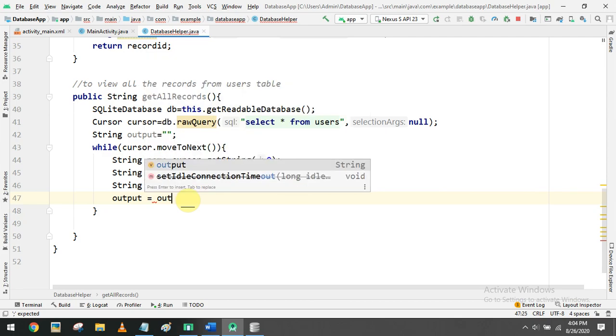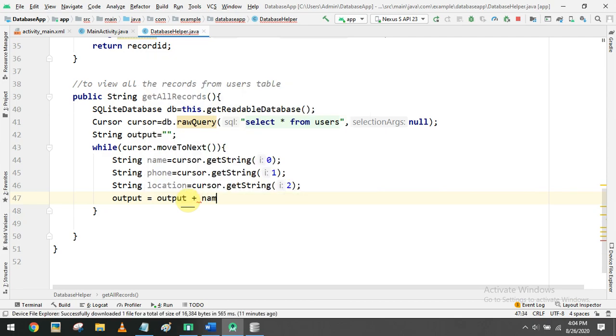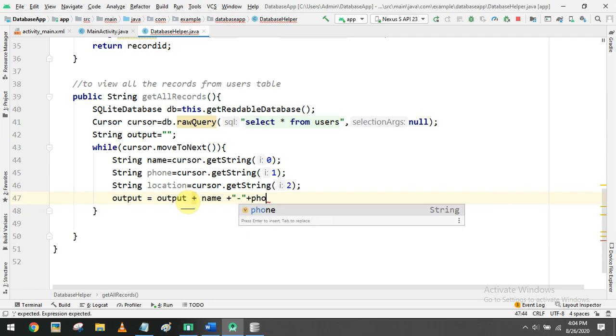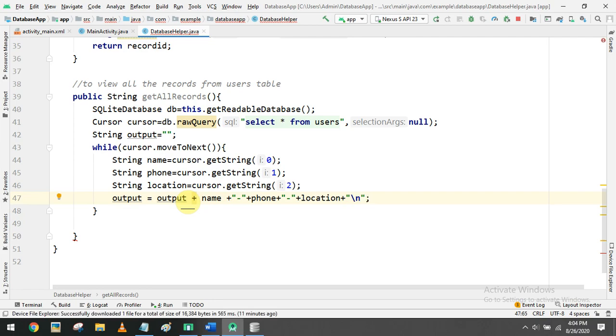I am taking the current value of output plus the name, and one separator we can add, like a hyphen symbol, followed by the phone number, then another plus, another separator, then the location. So after that, this is one record, right? After that we can place one new line, so that every record comes in vertical order, and line by line we can display every record.